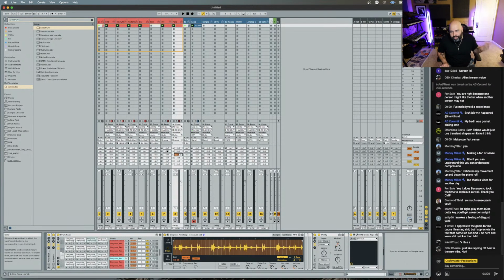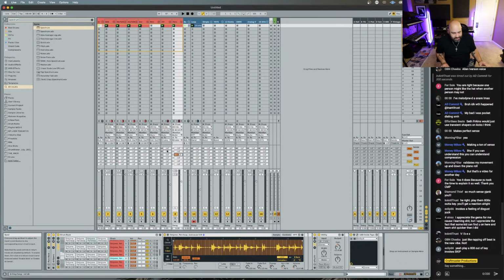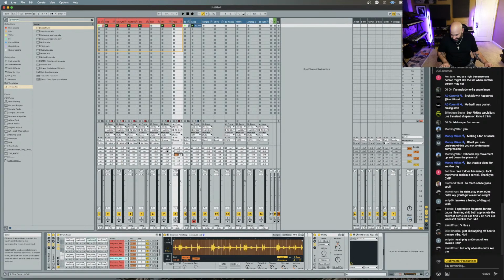We're not pushing the boundaries of music. We're not making new jazz by flattening our bass note. We're just not doing that, bro. How about this? That's a vibe. No, bro, that sucks. That sucks, bro.